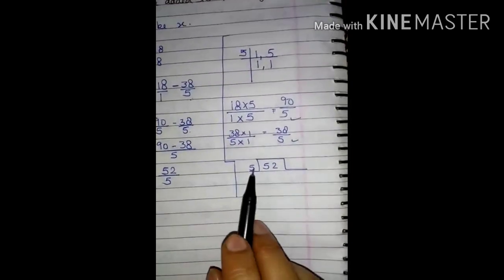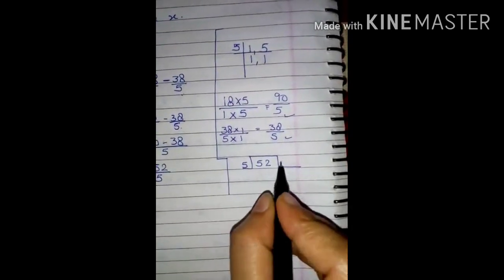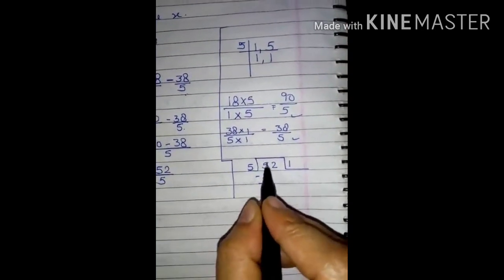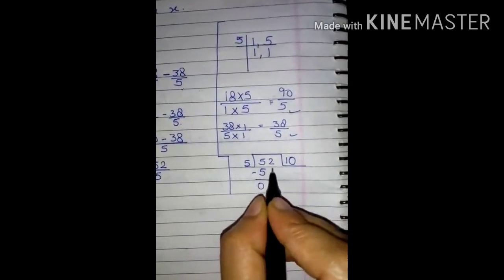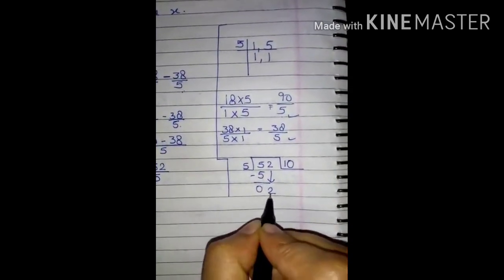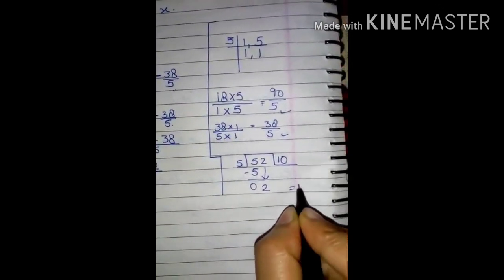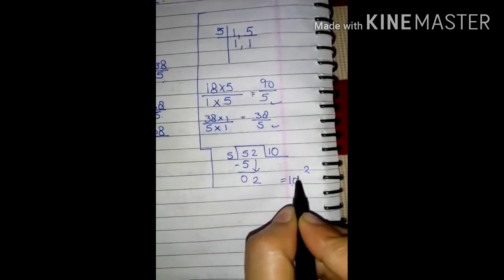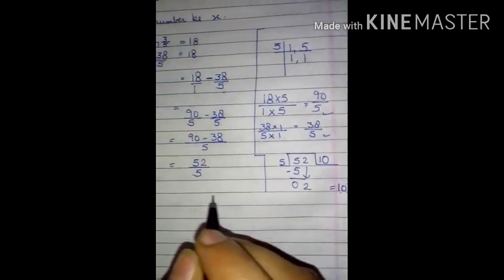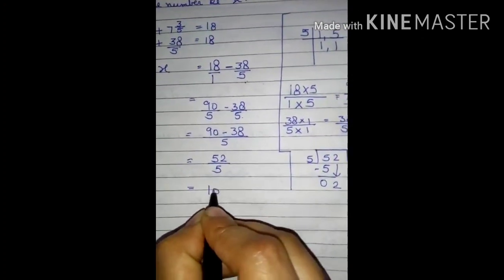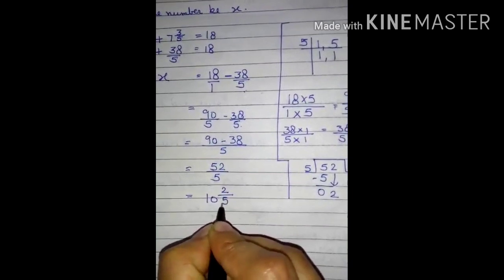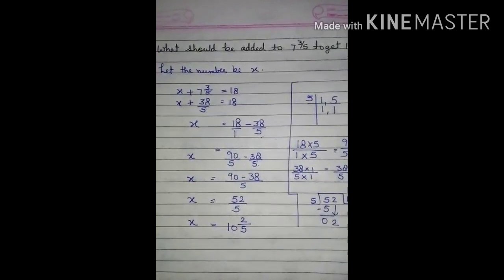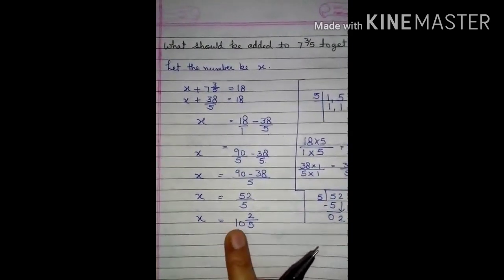Now this also you can divide in the rough column. Now students, here I am dividing 52 by 5, then 5 ones are 5 will come. Now as you know students, here 0. Now division is completed, then here 0 will come, and this 2 will be the remainder because it is less than 5. So what will be your answer? This 10 will be here as the whole number, then 2 remainder will come upside, and then 5 will be downside. So here you can write 10 2 upon 5 is that number. Now students, the value of x is 10 2 upon 5.